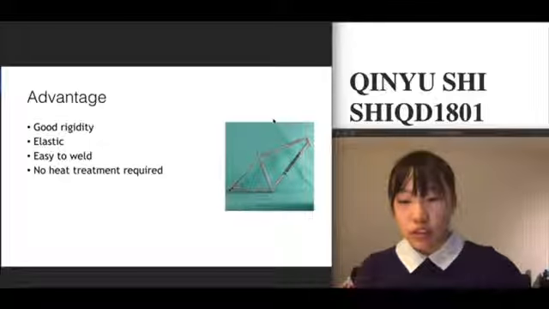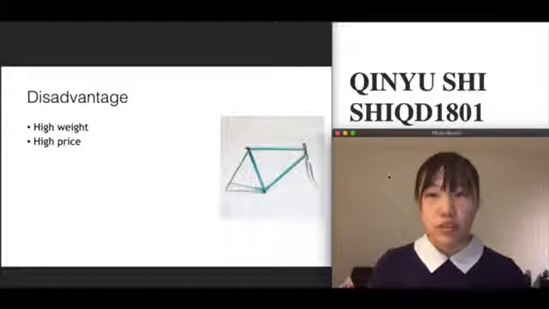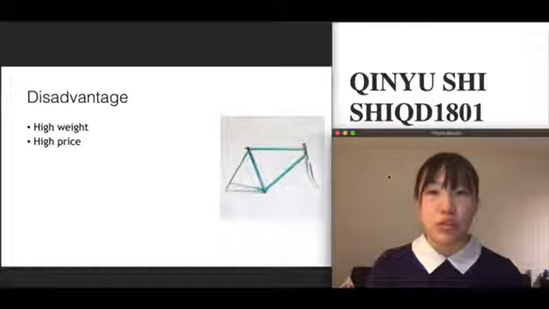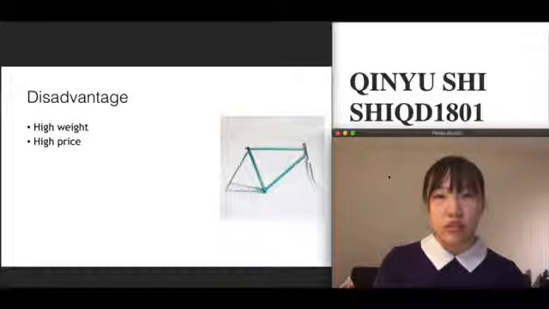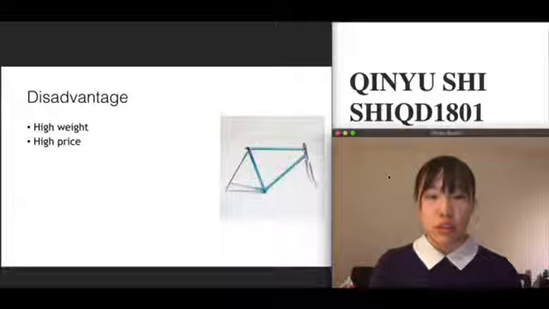However, there are some disadvantages of steel frame, just like the high weight. The disadvantage of steel is that the weight is heavier than the frame of other materials. Not only that, the steel frame will also be easier to rust, so people have to take good care of